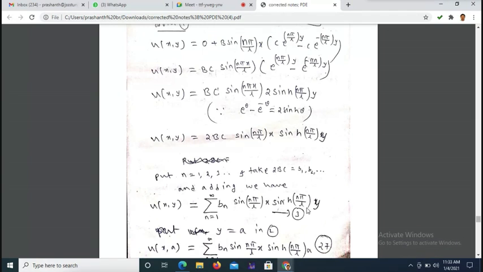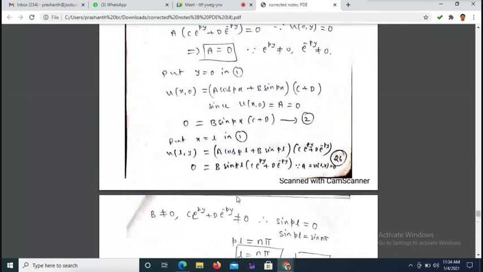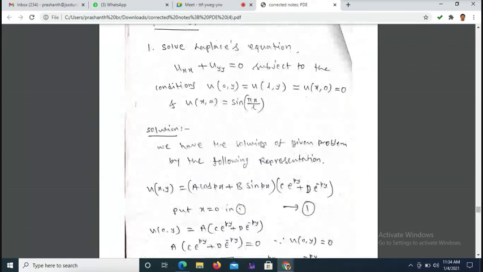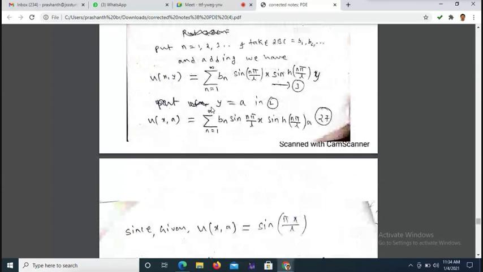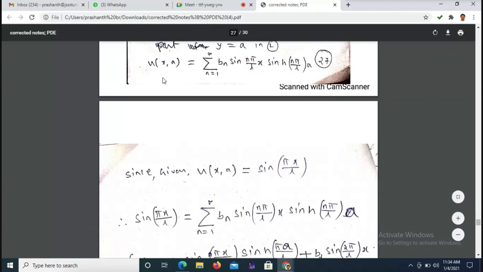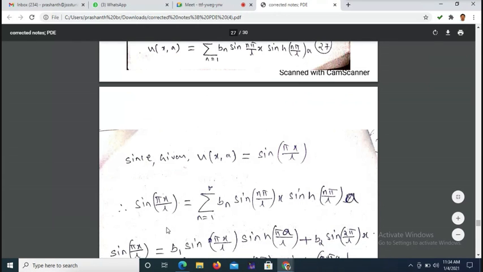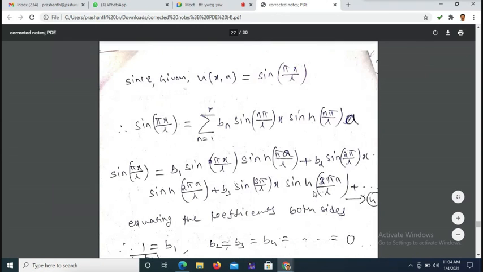Followed as equation 3. Now put y equal to a. Why am I substituting y equals a? Because of the data. See here, he has given the data y equals a, here E of x comma a is sin pi x. To use this, I am substituting y as a, so that in the place of E of x comma y on the left side, you will get E of x comma a. In the place of y, put a here. Remaining everything is the same. Since E of x comma a is given as sin pi x by L, I substitute that on the left side. Now expand this. Put n equals 1, you'll get this. Put n equals 2, you'll get this. Like that, you keep on moving, plus etc.